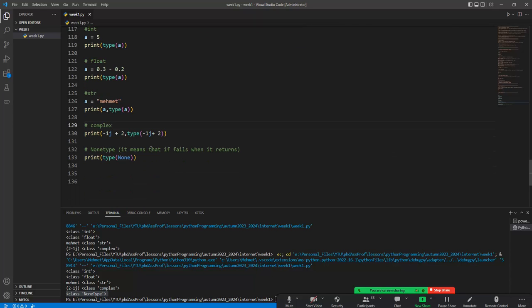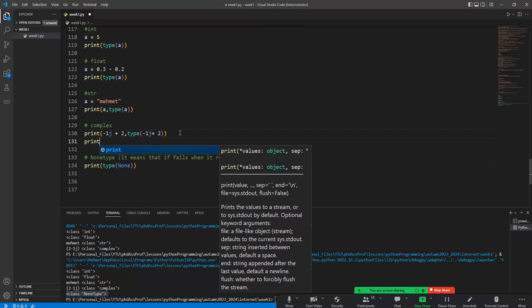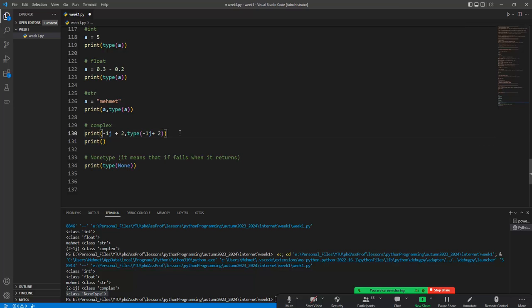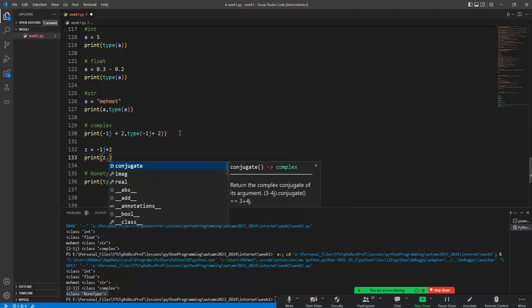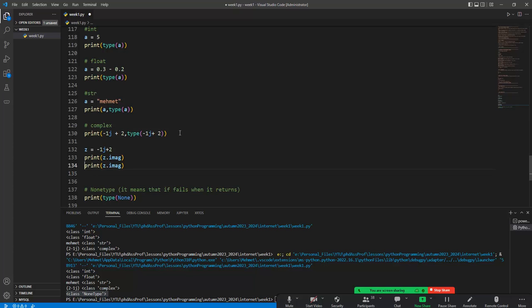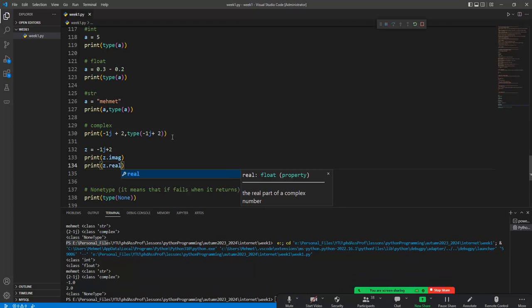And so in the complex types, for example, we can define a z variable like this one, -1j plus 2, and we can print z.imag and z.real. We can easily reach these values in here, okay? -1, 2, and the class NoneType is given in here. Okay,